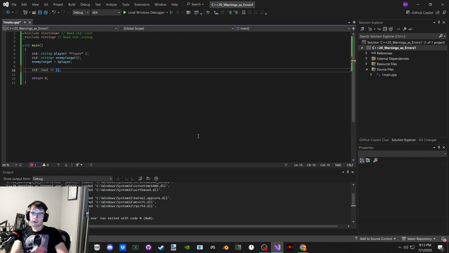So we're going to say, is enemy target equal to the reference of player? So far it seems like I'm right. Enemy is targeting player. Otherwise, enemy is not targeting player.